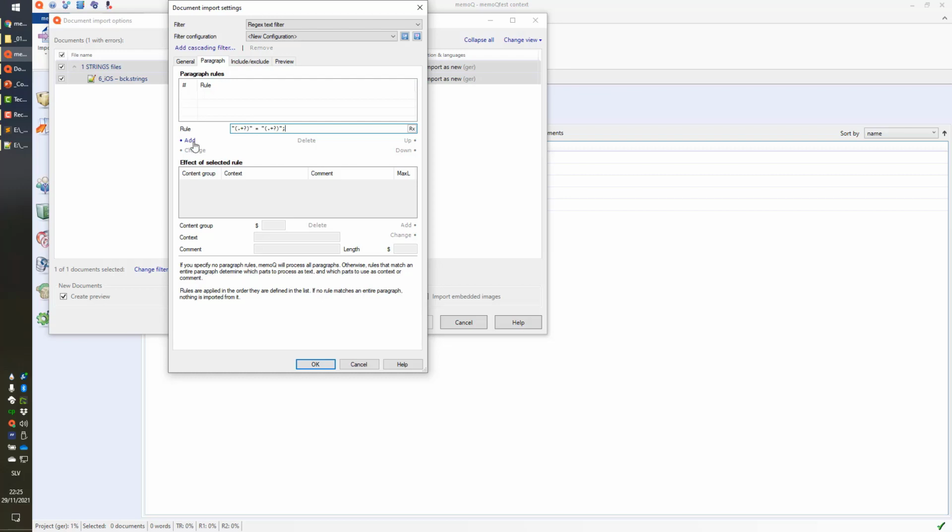So what do we do then? We click on add, and then we say which of those two groups is content for translation and which of those groups is content for context. So we say here group for content is below here is number 2, so the second one, and the group for context is number 1. We have to here type a $ sign and 1. There's some room for improvement on this UI to make it a bit consistent, but nevertheless, here we have the same thing. Just click on add. So content group number 2, context group number 1,